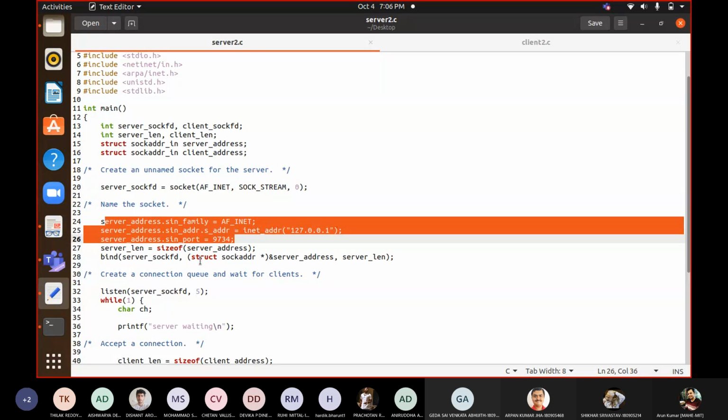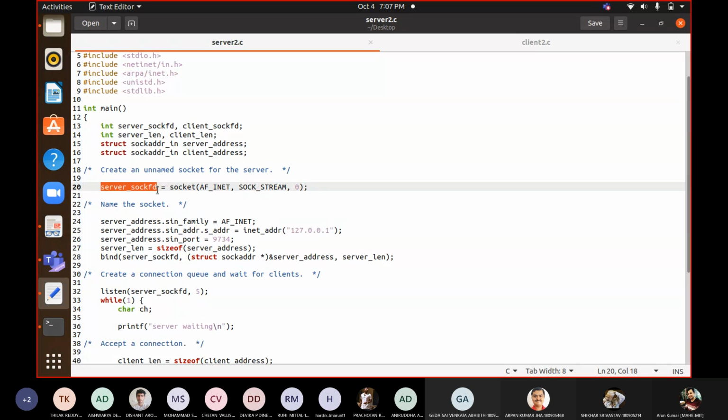Now we are interested in binding. Whatever address we have given, we want to bind it so that your operating system can't reuse it. So we want to bind it now. After binding, it requires 3 arguments: where you want to bind, which address you want to bind, and the third argument is the length of that address which you want to bind. So the first argument is the server socket file descriptor. That is the socket ID where we want to bind.